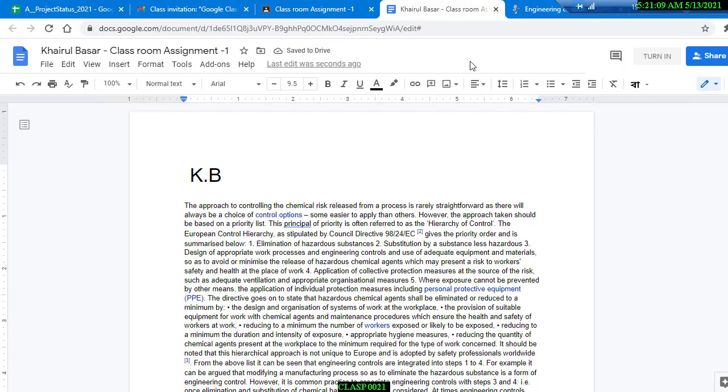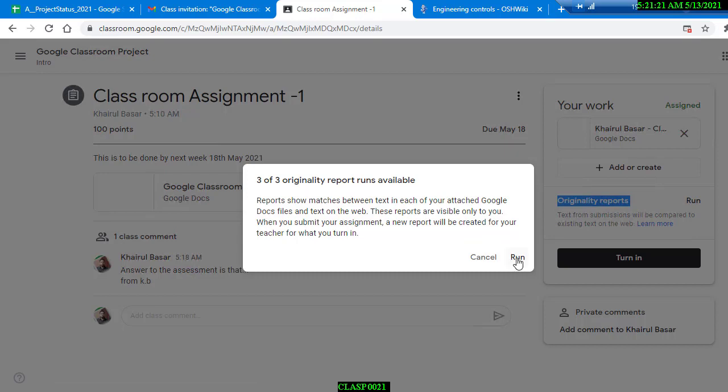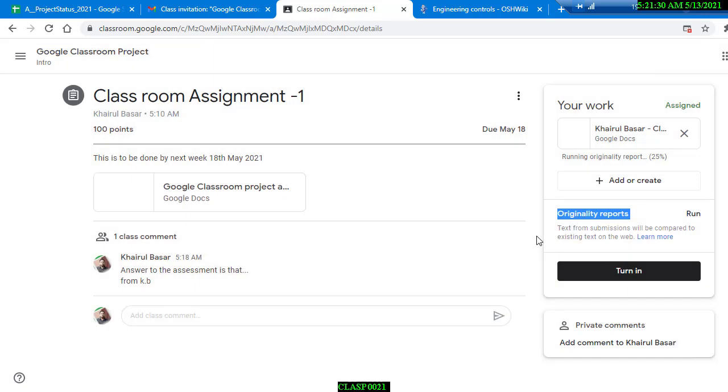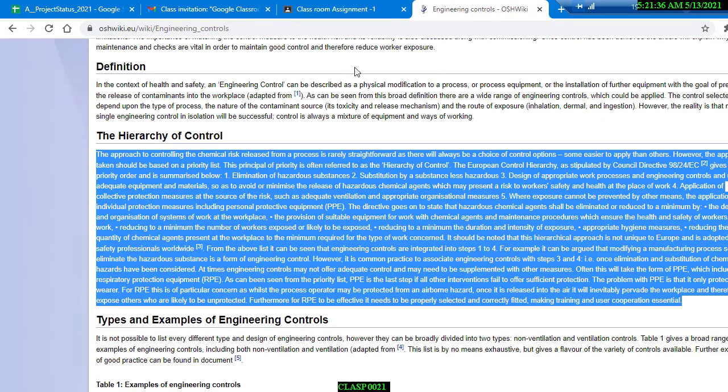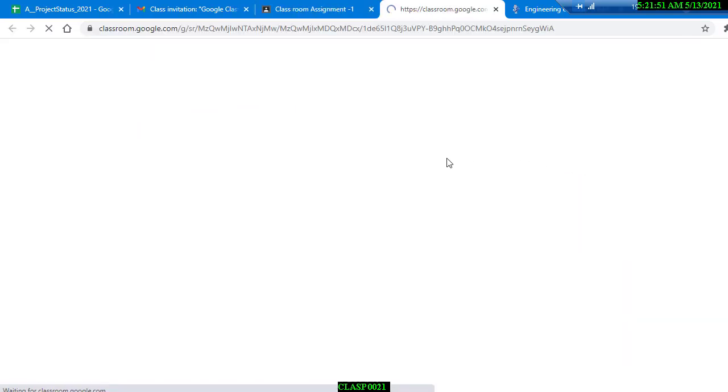So then we just simply close it. Okay, originality report run. If we run this, because no other student submitted the assessment, this might not be too much of a problem. Let's see, but yet it is available on the internet, so it might be able to catch the originality. Now the report is created. This is the time 5:21. If you open the originality report,